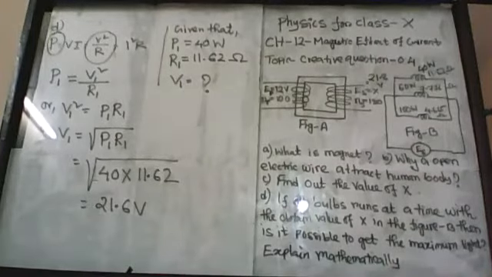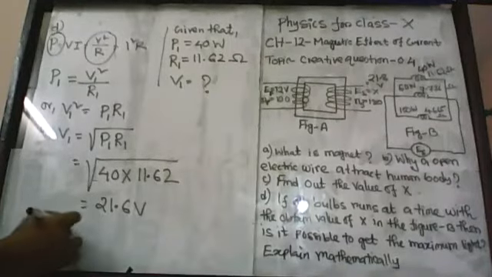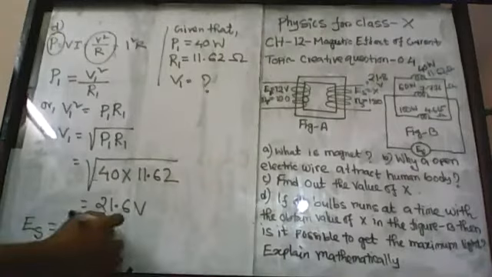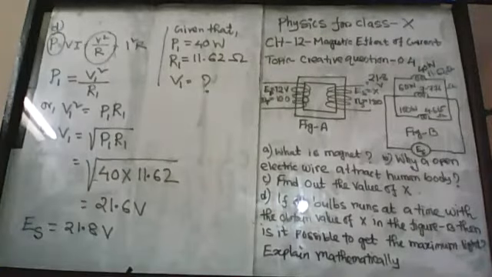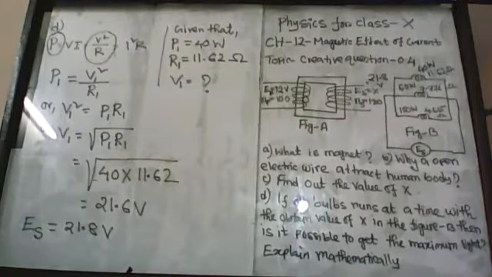The value of ES that you already found in question C, that is, the electromotive force supplied by the secondary coil, is 21.8 volt. This is greater than the maximum required voltage drop of the first bulb. So I can say the first bulb can glow at maximum brightness.